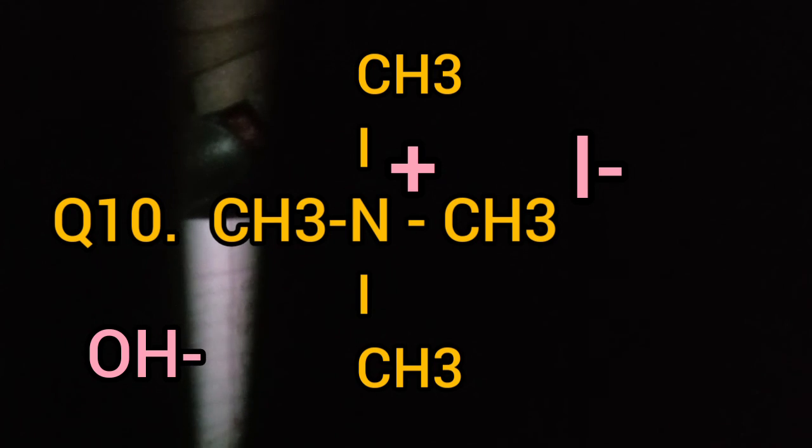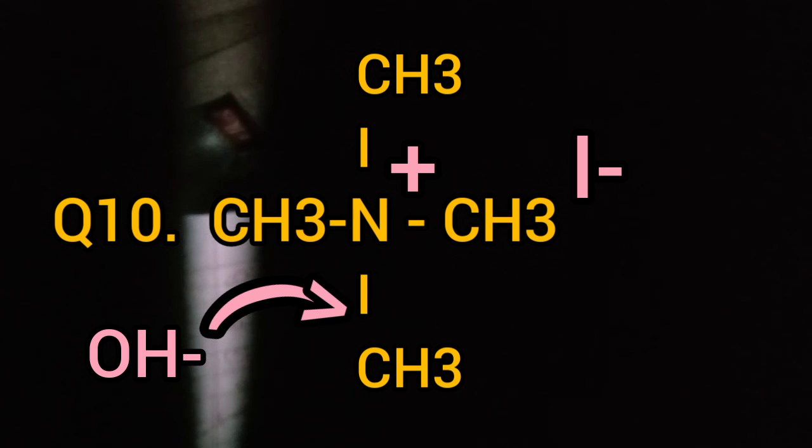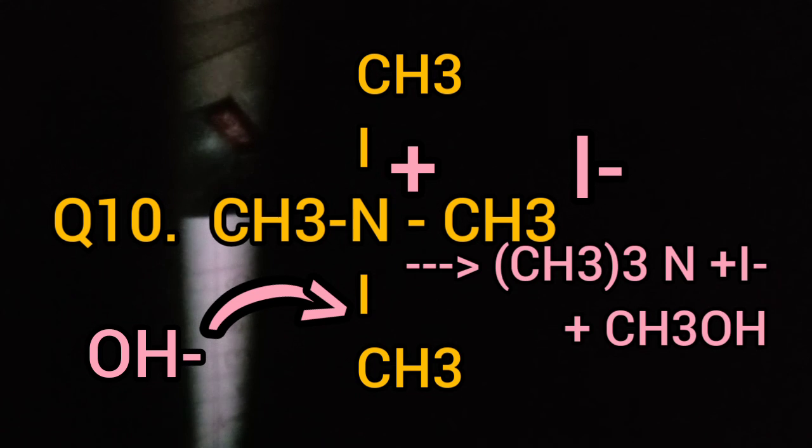Next, you see this nitrogen in the middle is connected to 4 methyl groups, so N carries positive charge, I minus is there. When treated with sodium hydroxide, OH minus prefers to take 1 CH3, becomes CH3OH, and N plus gains the electron pair from the N-CH3 bond and it becomes N(CH3)3 and alcohol is produced. Here no beta hydrogen is there, so no E2 mechanism is carried out. Here the mechanism is SN2 type.